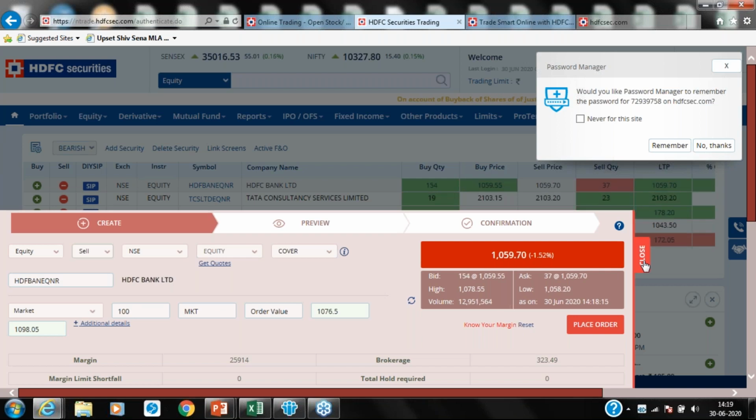It's a very easy product, very useful for intraday clients, anyone who does intraday trading. Because of the recent volatility of the market, there were a few restrictions on the product, but now they are getting lifted. So you can use the cover order facility for trading the intraday product in the cash market.